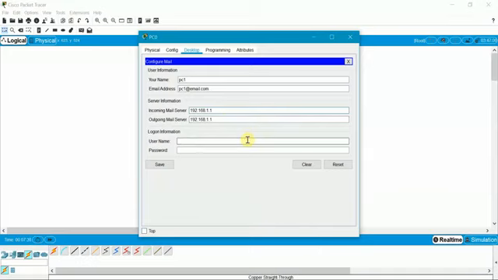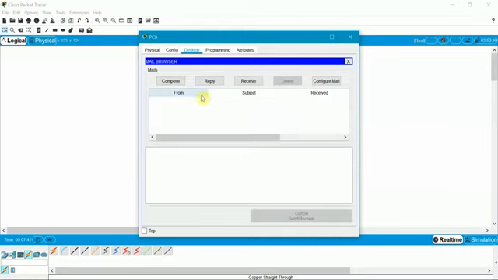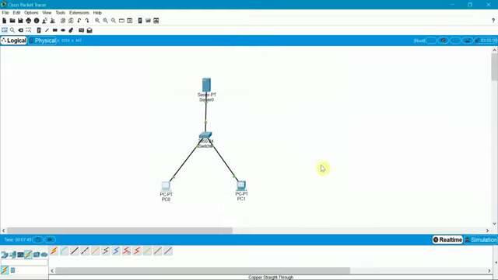Give the logon information, the username as PC1, and give the password. After giving that, just minimize the PC0's.